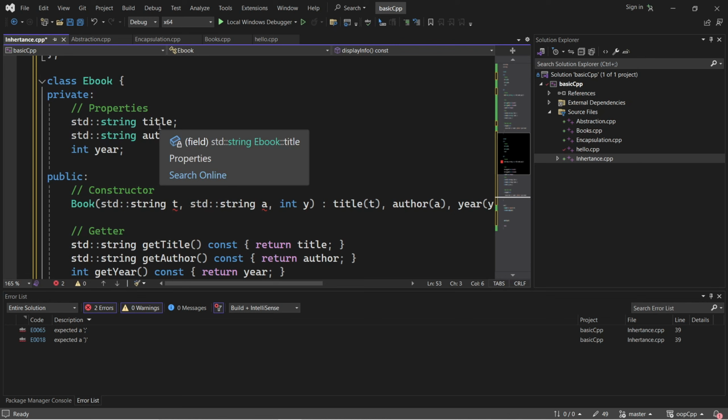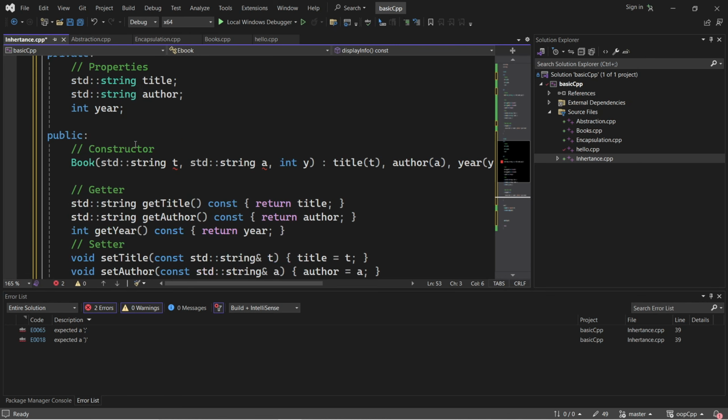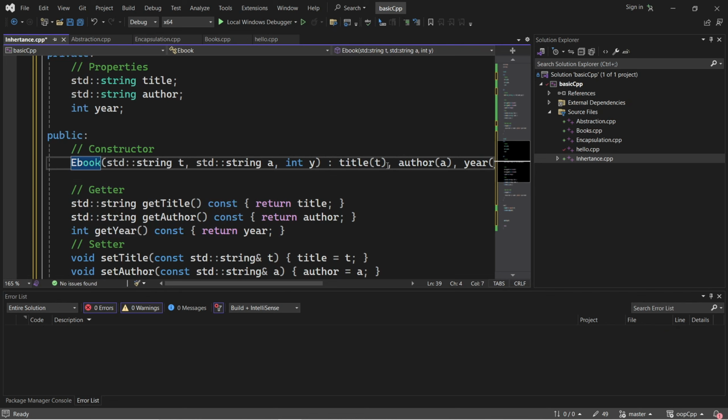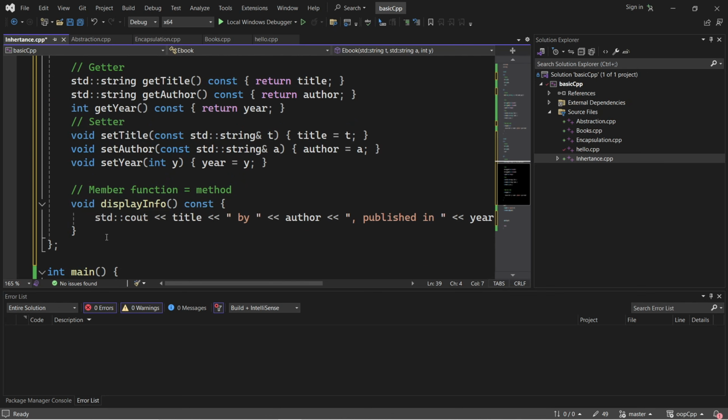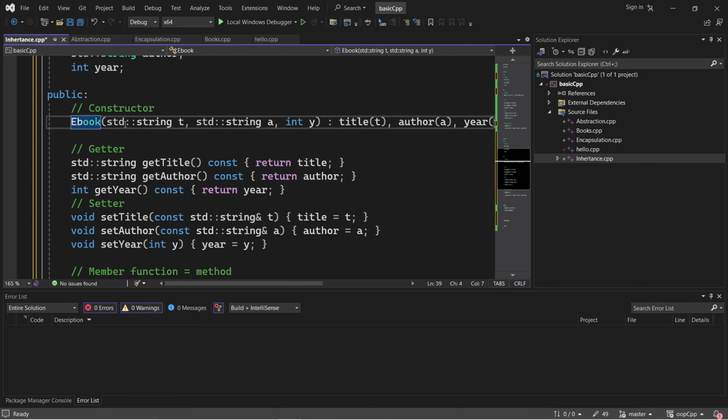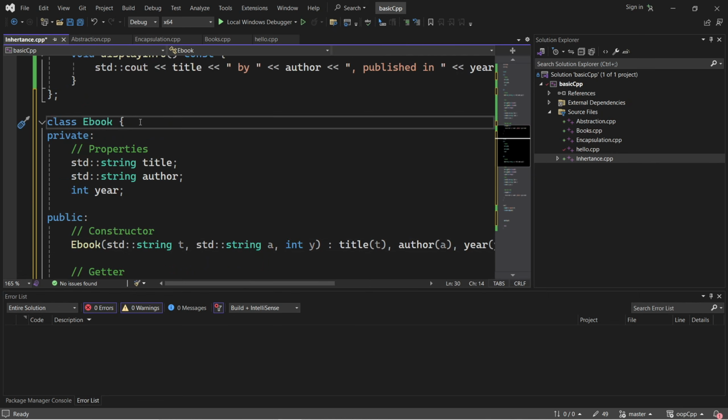It is title, author, year, and it also has a constructor with the parameters title, author, year, getter, setter, and also the method. You see that it is the same as the Book,